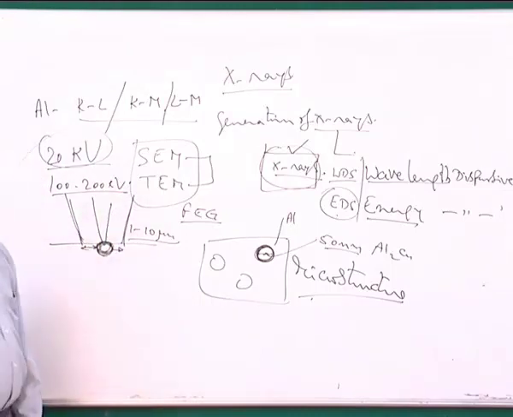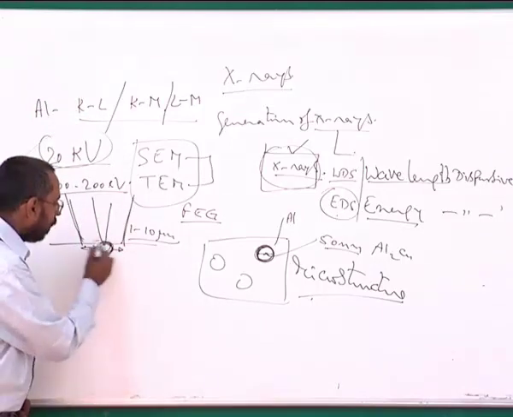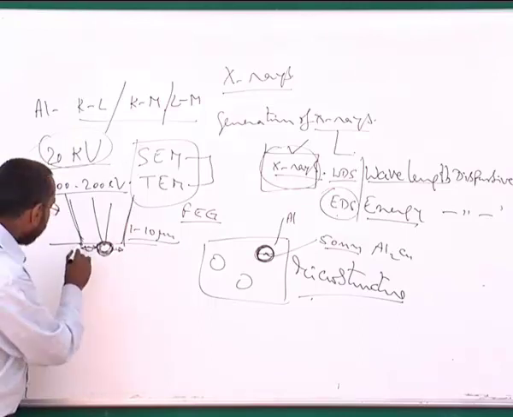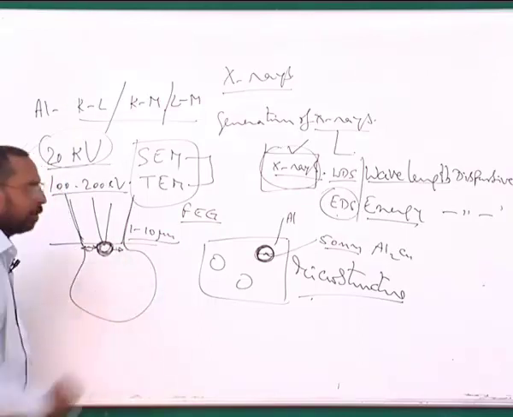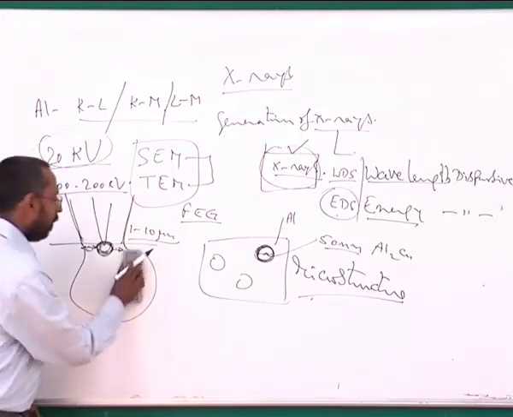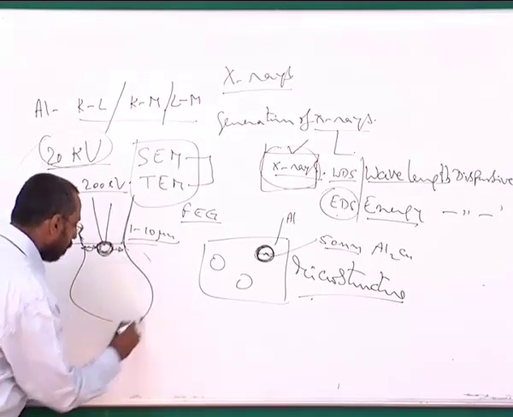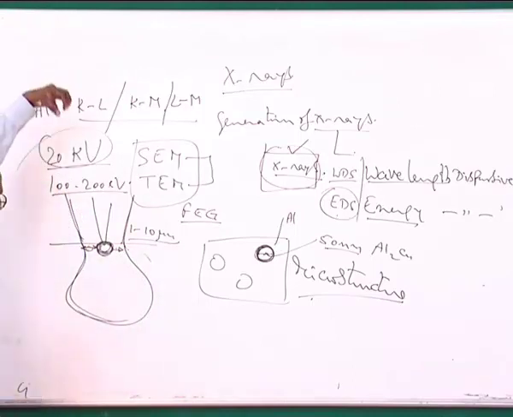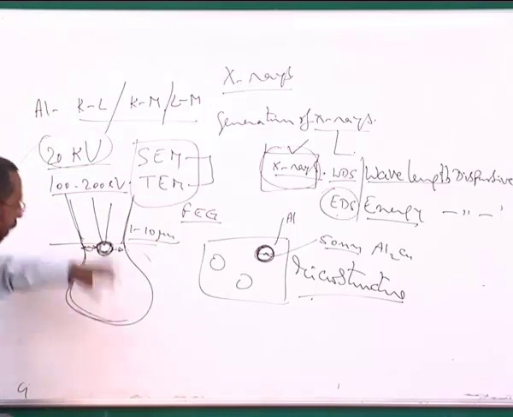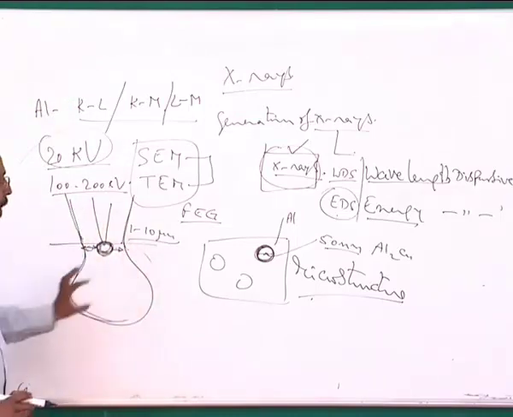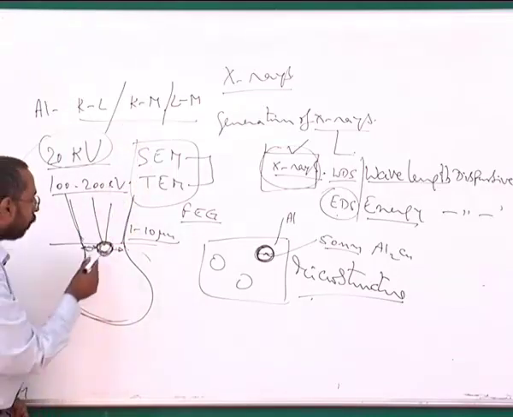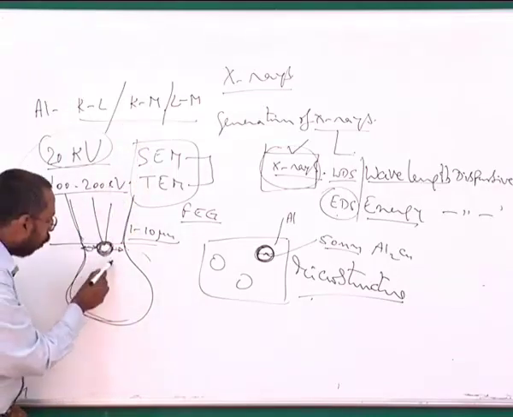Then what happens is, if this Al2Cu particle is 50 nanometers and my electron beam is about 1 micron, the moment the electron beam falls on the sample, it interacts with this particle, and not only with the particle, with the matrix also, and there is what is called an interaction volume. Usually this interaction volume has the nature of a bubble. So the beam tries to penetrate through the material and interact with a certain volume of material, and as a result the X-rays come out not only from this particle but from this whole volume.